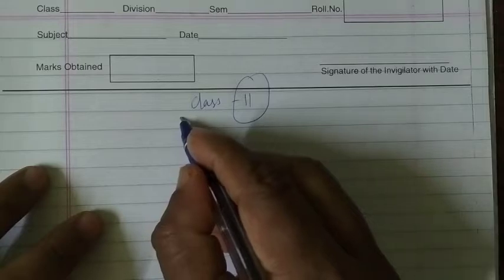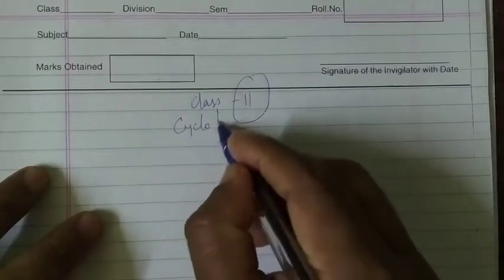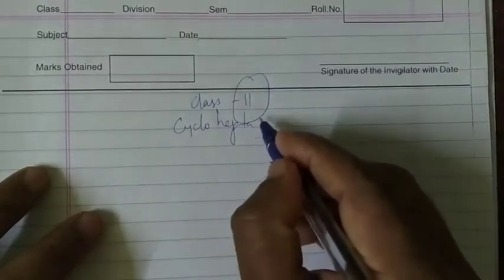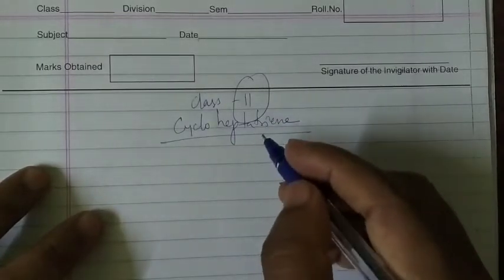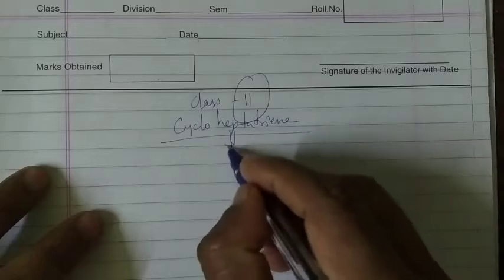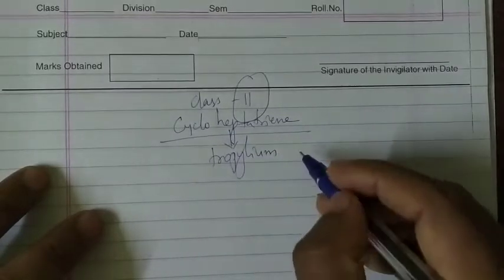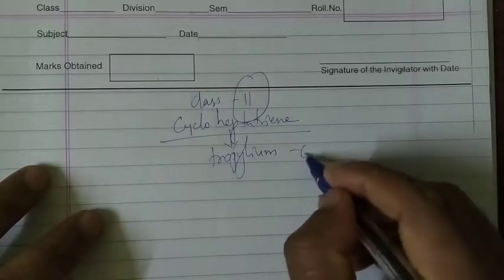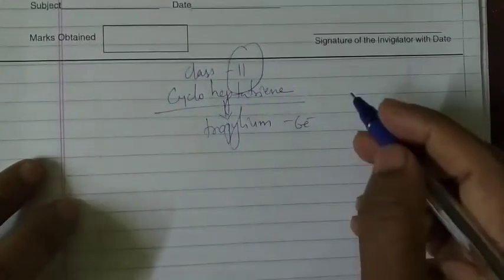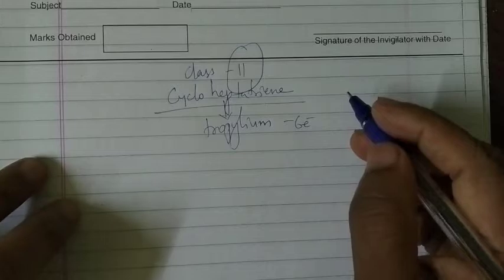Okay, in the last class we learned about cycloheptatriene, and we ended with cycloheptatriene. We had learned about the tropylium, which is very important; they will ask it in the examination. Tropylium cation is a 6 electron species. Okay, and today we'll go for